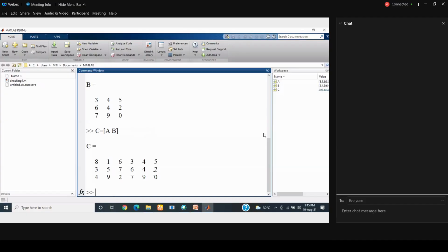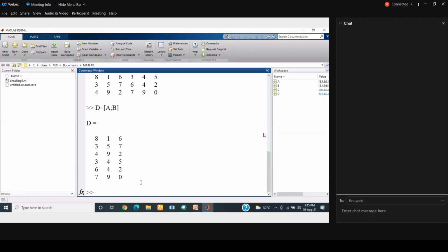It's concatenated in a horizontal way. Or I can formulate another matrix A semicolon B. So here I am concatenating it in a vertical way. So I can delete the entire row, entire columns, or I can concatenate in a horizontal or vertical way.